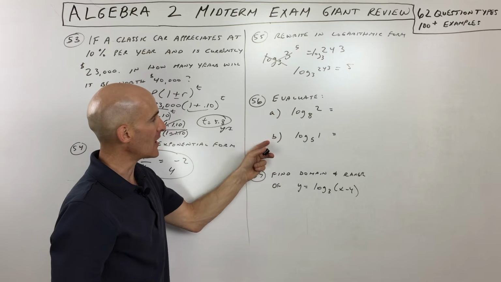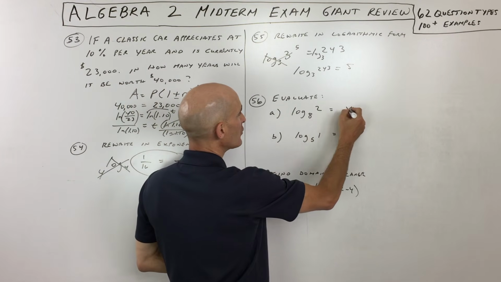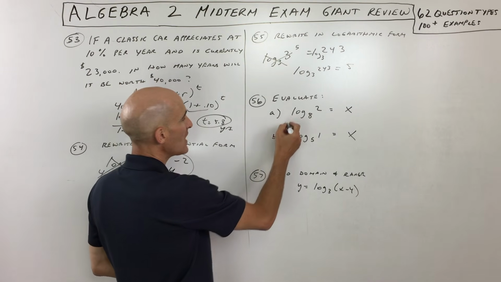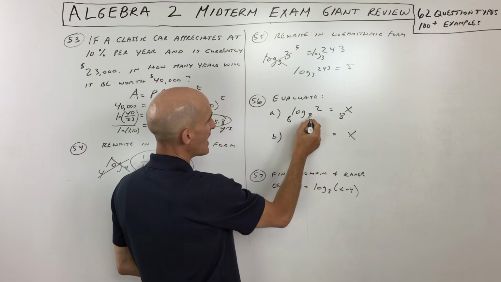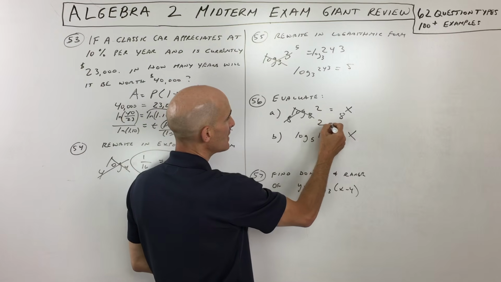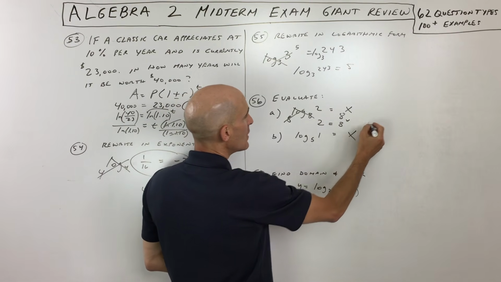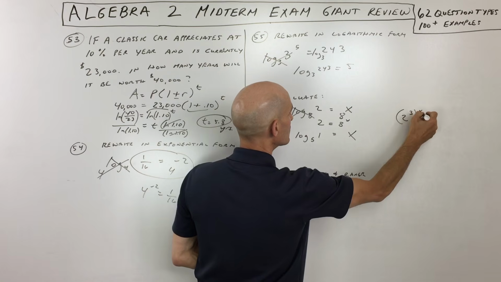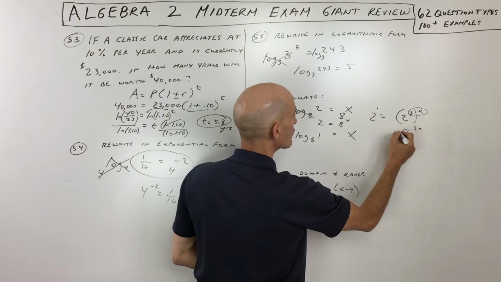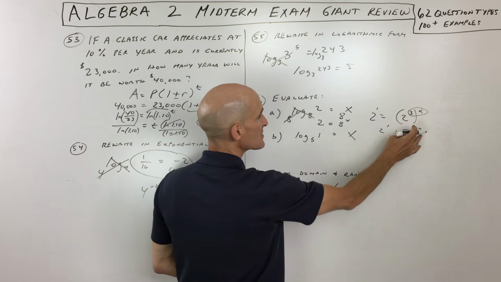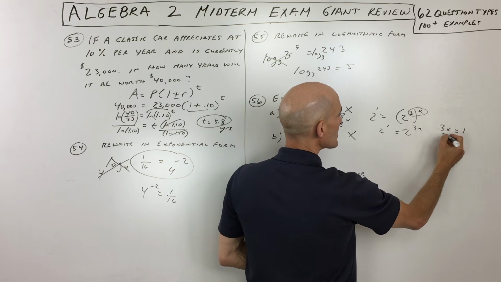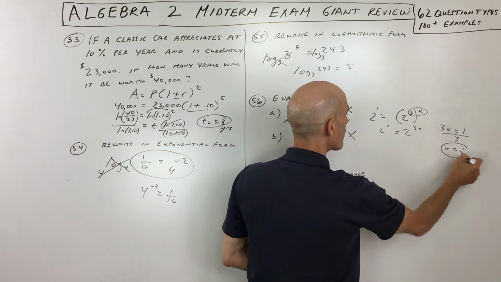Now this one says evaluate, part A and part B. A little technique is if it doesn't say equal to x, I would set it equal to some variable, make it into an equation, and then exponentiate both sides. You want these bases to be the same. I'm exponentiating both sides using base 8. So we have 2 equals 8 to the x. Well, remember, 8 is actually 2 cubed, and 2 is like 2 to the first. Power to a power we multiply. So we get 2 to the 3x equals 2 to the first. If the bases are the same, that means we can set the powers equal. That's called the one-to-one property of exponents. So divide both sides by 3, and you can see that x equals 1/3.